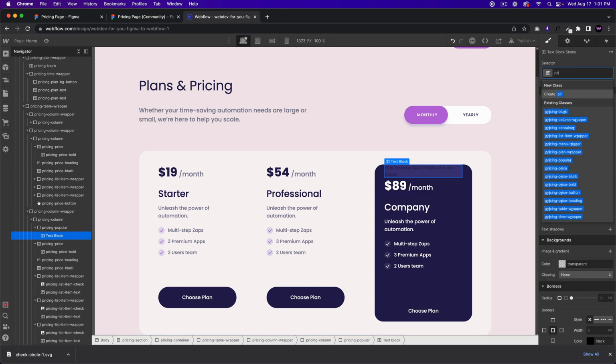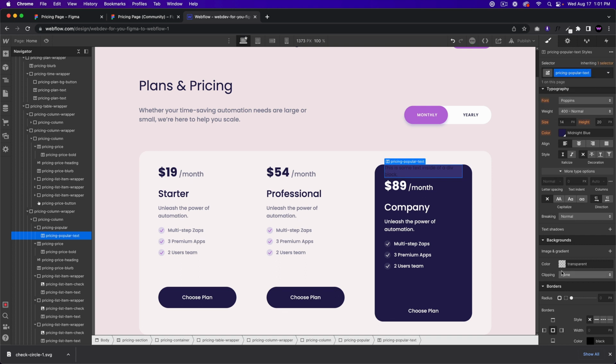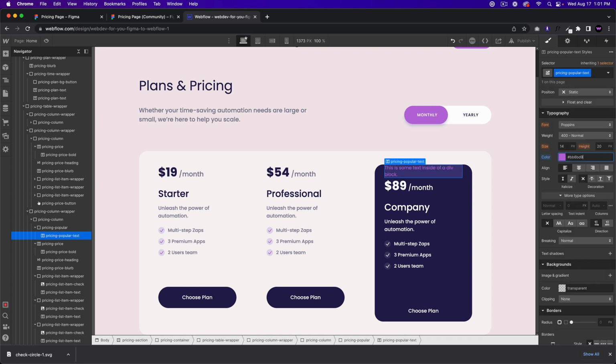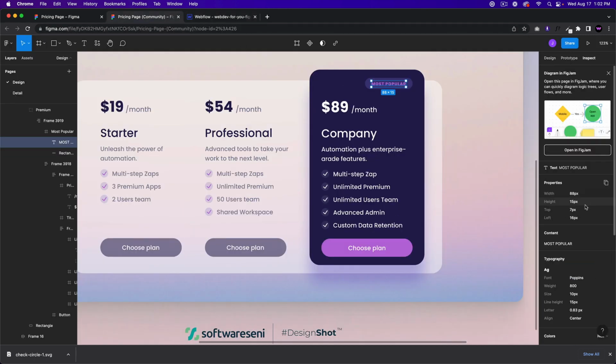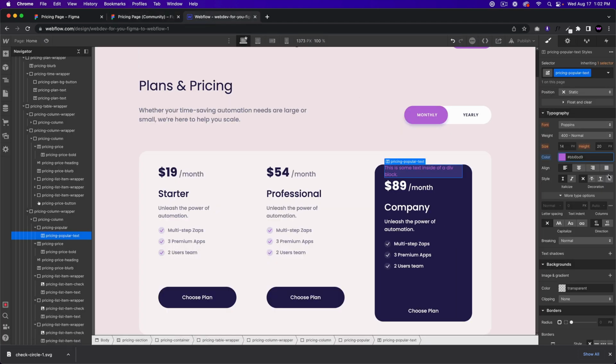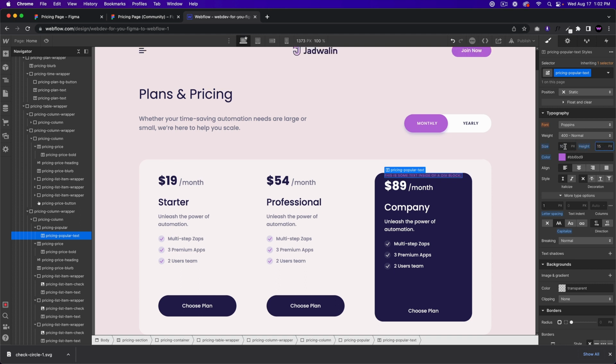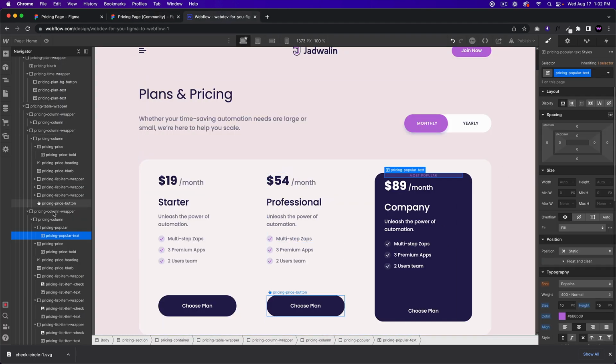And we'll say pricing popular text. Set it to that color. The font is 10, 15 and letter spacing of 1, all caps. Letter spacing of 1, 10, and 15. And we'll just go ahead and type in most popular. We'll center it,